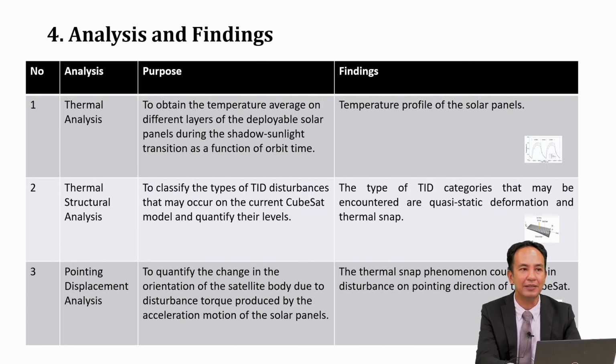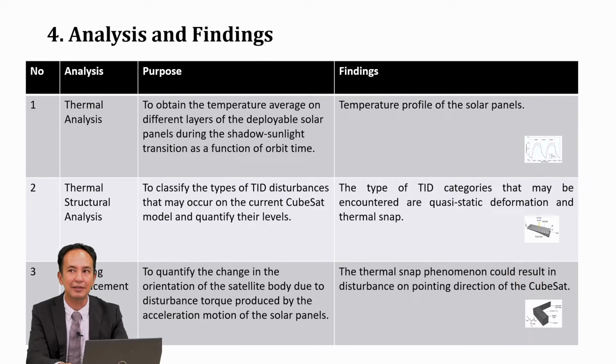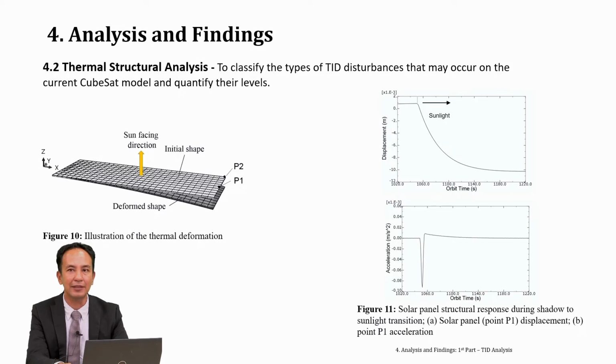The second part of analysis is called thermal structural analysis. The function is to classify the types of TID disturbances that may occur on the current CubeSat model and quantify their levels. On the finding of this analysis, as expected,